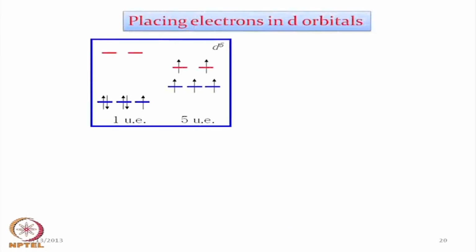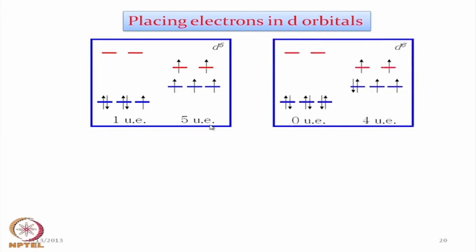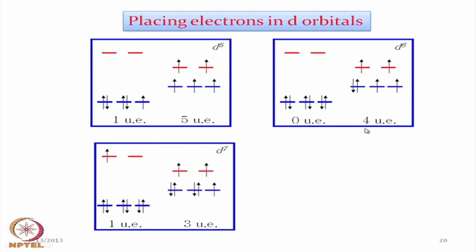Then how we place these electrons, what we have seen just now, we can elaborate pictorially with the number of unpaired electrons. In the case of this low spin one, we have 1 unpaired electron. In the case of high spin, we have 5 unpaired electrons for the d5 situation. In the d6 situation, we have the corresponding numbers of unpaired electrons, 0 and 4. In the case of cobalt, we have discussed in detail. In the case of d7 also, we have the situation here,